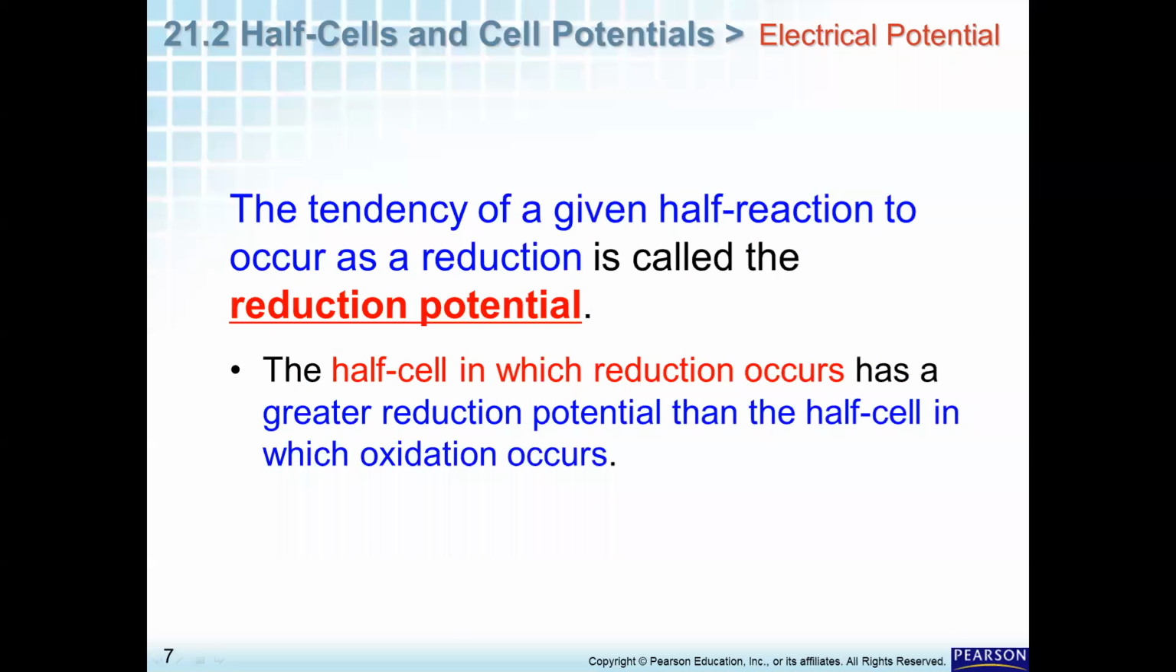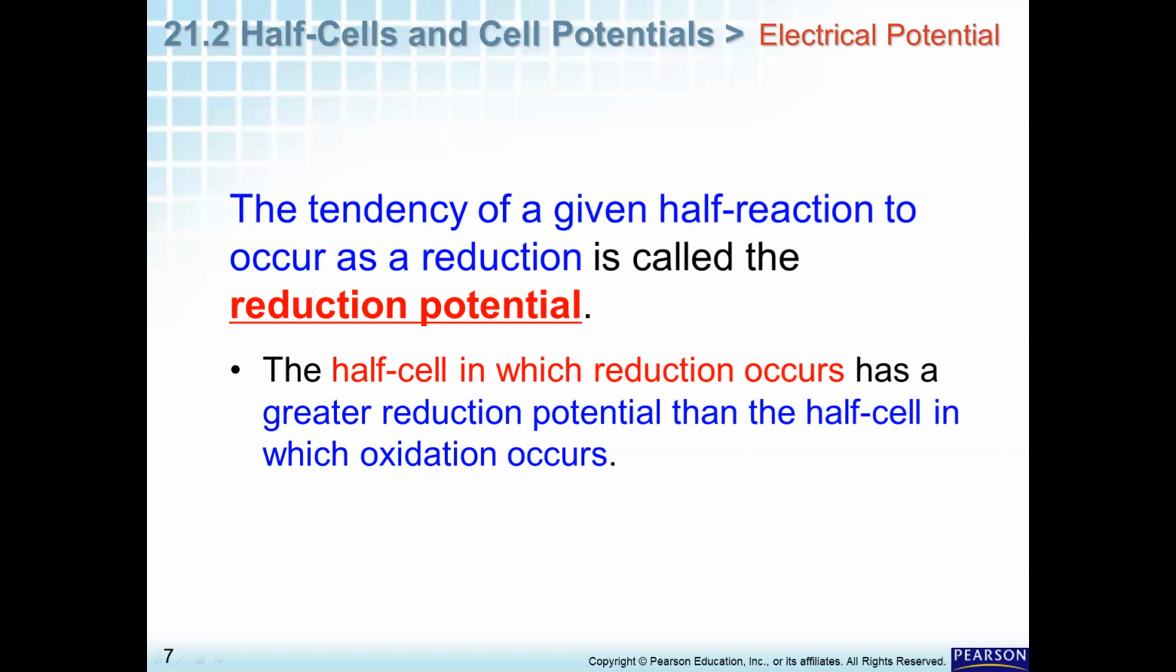Okay, so the tendency of half a cell in a reaction to occur as reduction is called reduction potential. So we're not using any more electrical potential of the whole cell. We're talking about reduction potential. So all of the reactions that are occurring will be written in reduction form, and they have a value called reduction potential. The half cell in which reduction occurs has the greater reduction potential than the half cell